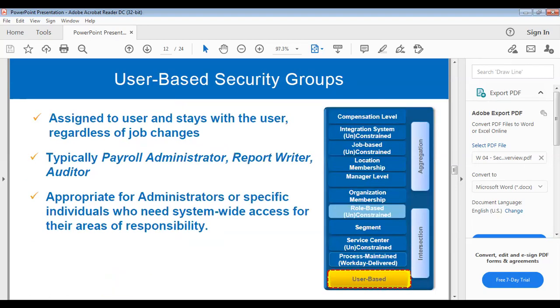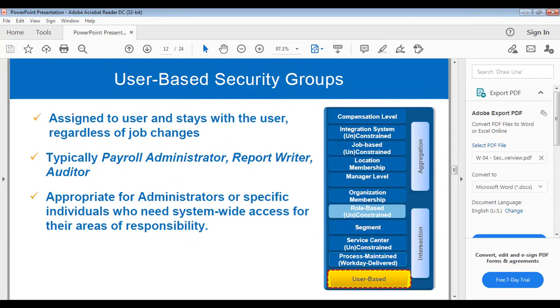I told you about user-based security groups. What are user-based security groups? They are assigned to a user and stay with the user regardless of job changes. Remember this point. For example, when you hire a person as a security admin, we assign the security to that particular user and it stays with the user regardless of job changes.